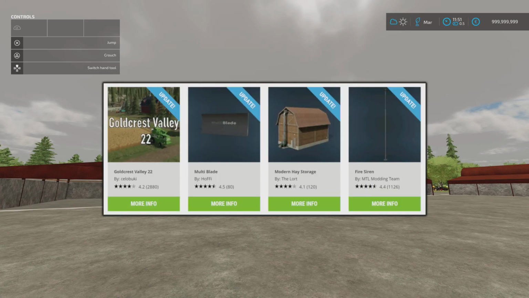Updates for today: the map Goldcrest Valley 22 by Sully has had an update that does require a new save game. The changelog list on that is extensive. The Multi-Blade by Hoffy, the Modern Hay Storage by The Lort, and the Fire Siren by MTL Modding team have